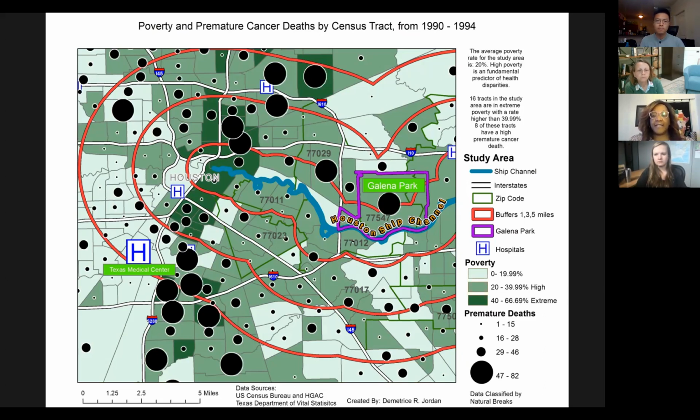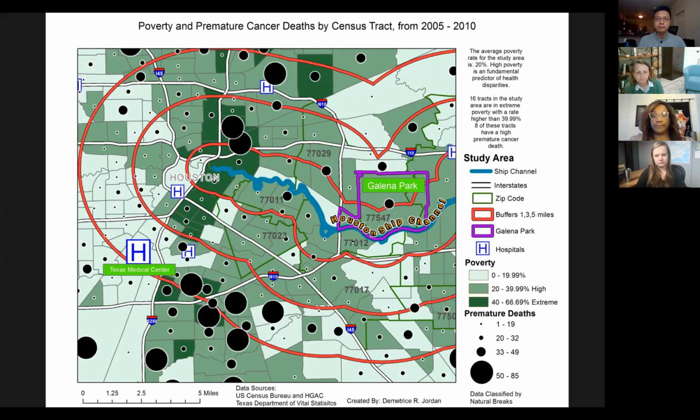This is indicated by the darkest green shading that shows the extreme poverty and the largest black globes, which show the highest premature deaths. During the 2005 to 2010 period, premature mortality is concentrated southwest of the Houston Ship Channel and sustained in the